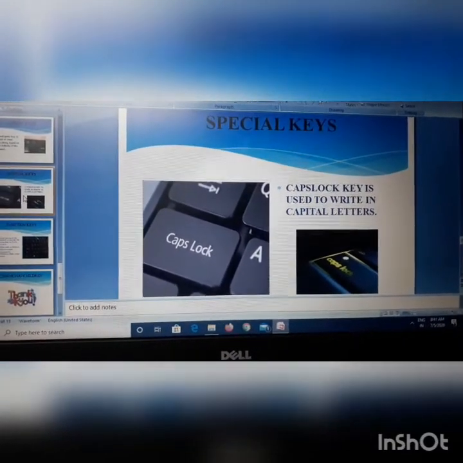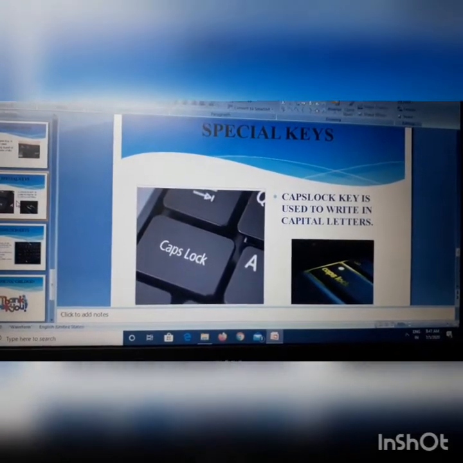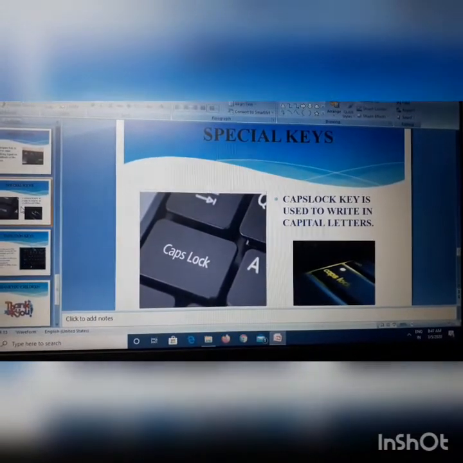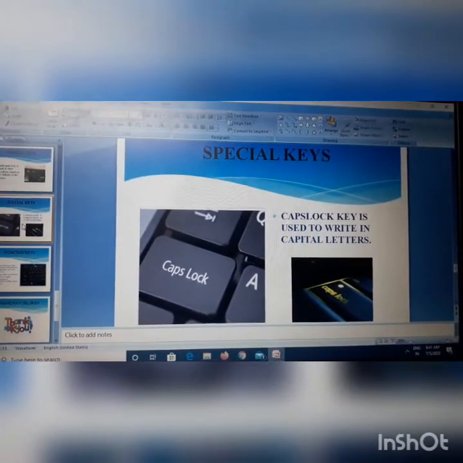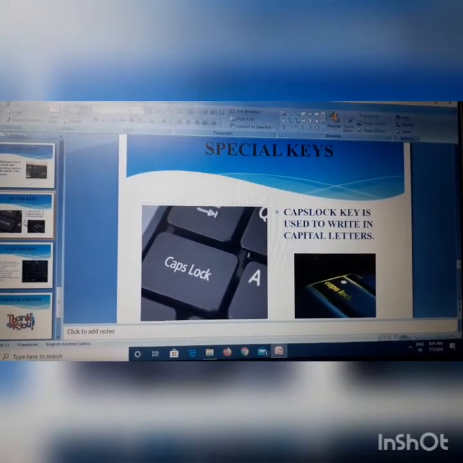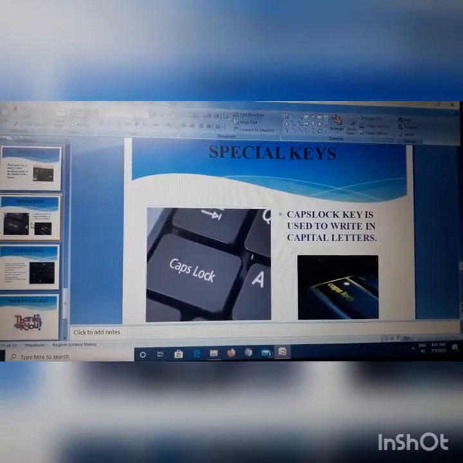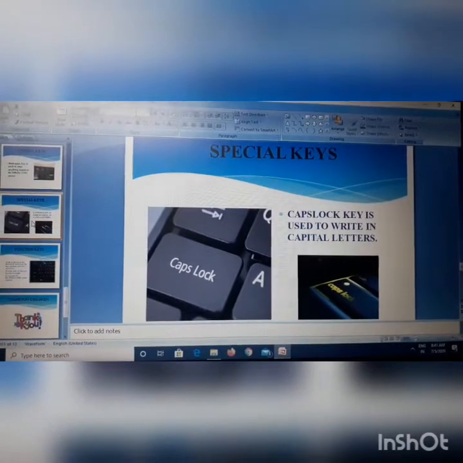Now let us see about the caps lock key. If you are typing something on the keyboard, it will appear in small letters on the screen. Suppose you want to type your name or any sentence fully in capital letters, we can press the caps lock key. Then you can start typing the word or sentence.